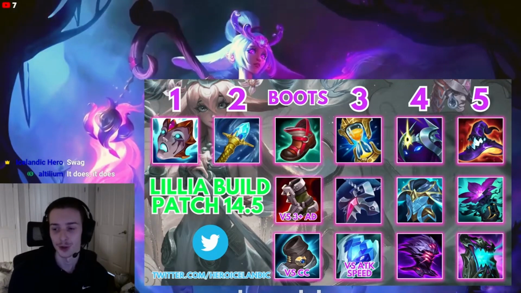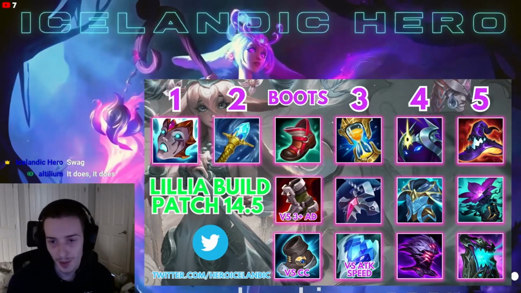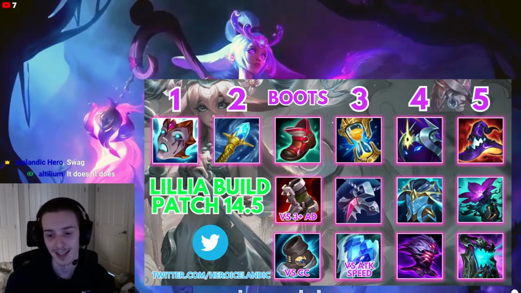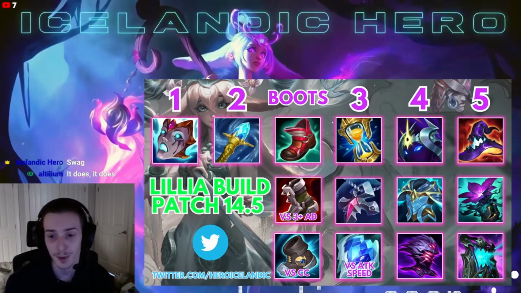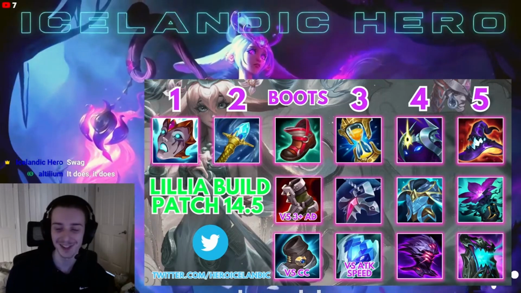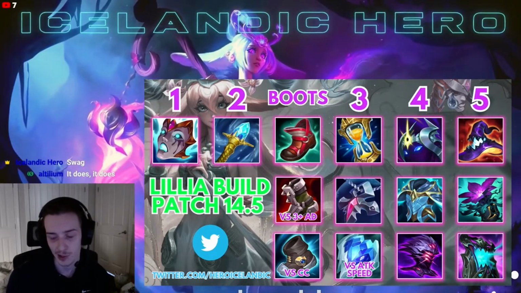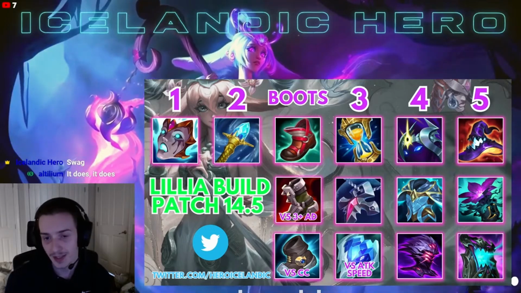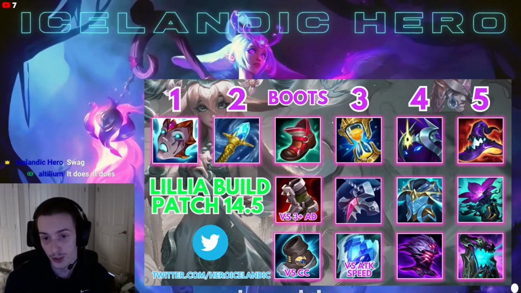And then finally, for your 5th item, if you are having a perfect game, obviously just go Rabadon's. It's one of the best AP items in the game. It gives you a ton of AP, but it's really strong. So if you're really far ahead and you're trying to close out the game, you need that final item, just go Rabadon's. On the flip side though, if the enemy team is stacking MR because you are so fed, which